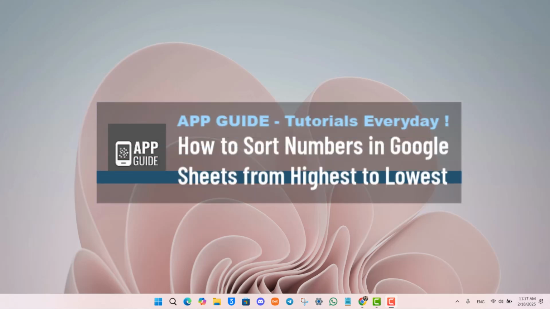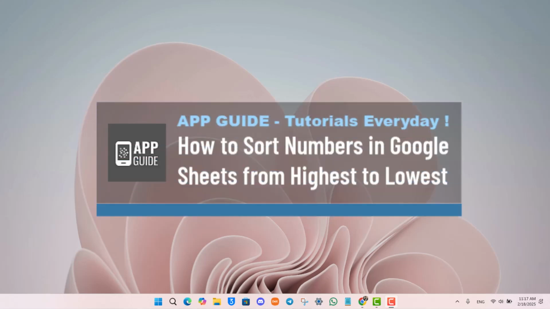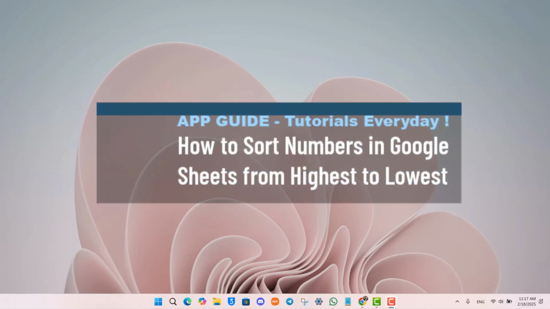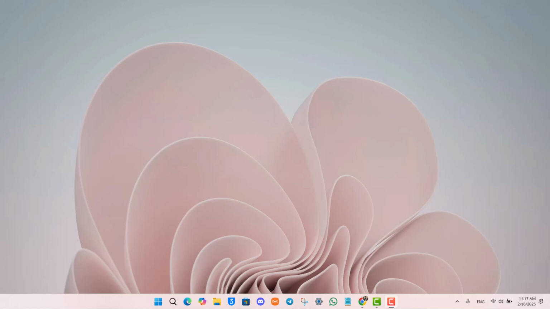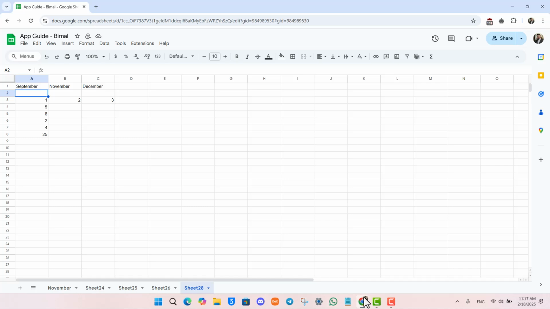How to sort numbers in Google Sheets from highest to lowest. If you would like to sort numbers on Google Sheets from highest to lowest, all you have to do is first of all open up your sheets or the certain data which you want to sort according to highest to